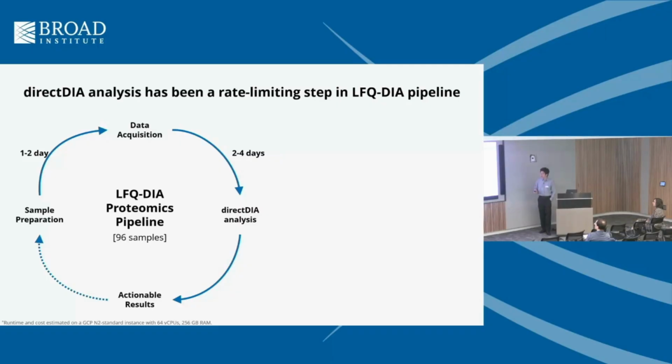days on average. However, as the size of proteomics studies continues to grow, we're coming to realize that the directDIA analysis step is actually one of the most critical bottlenecks in this entire data pipeline, and it's really slowing down the data turnaround time, and it's taking longer for us to get an actionable result for the next step decisions. And then the reason why